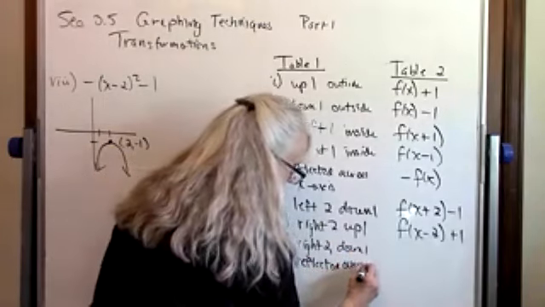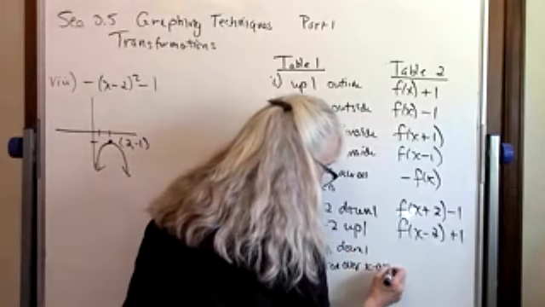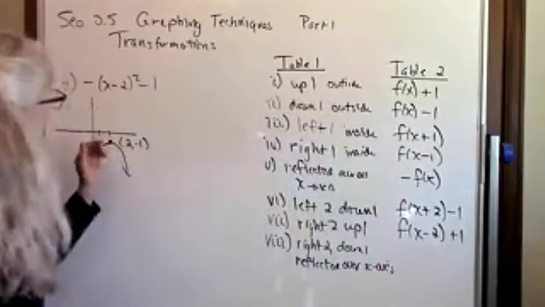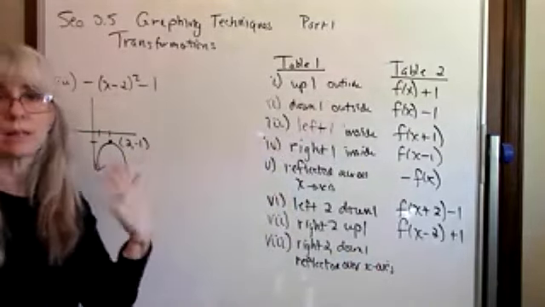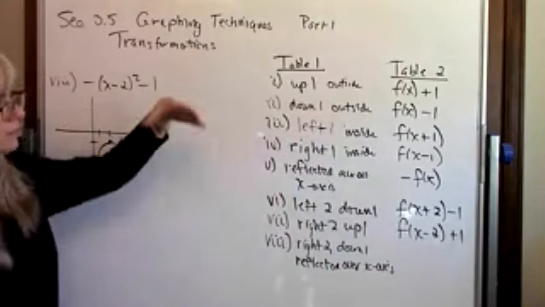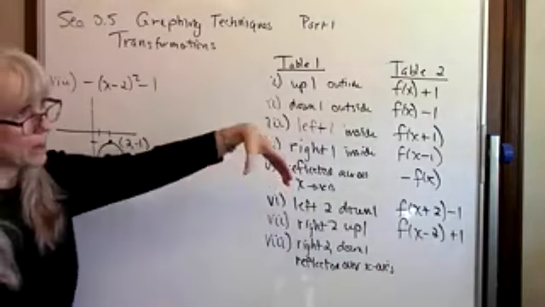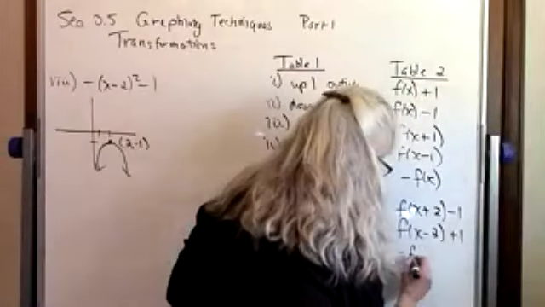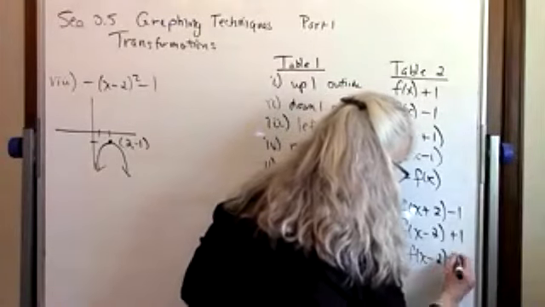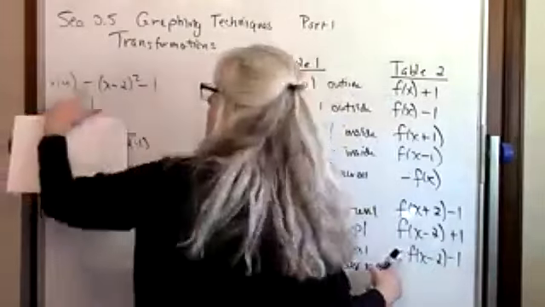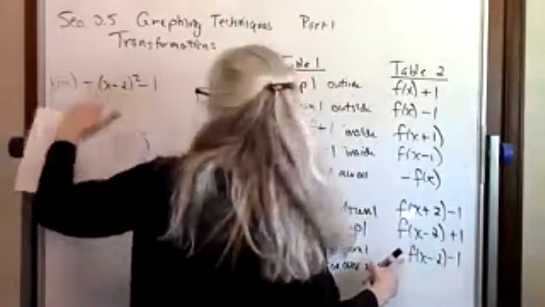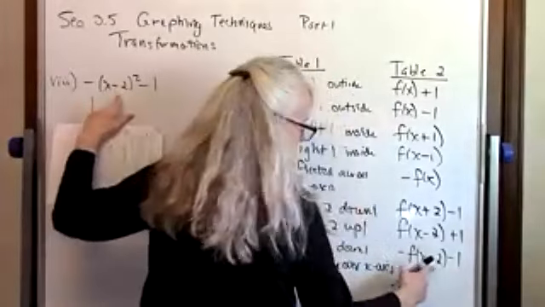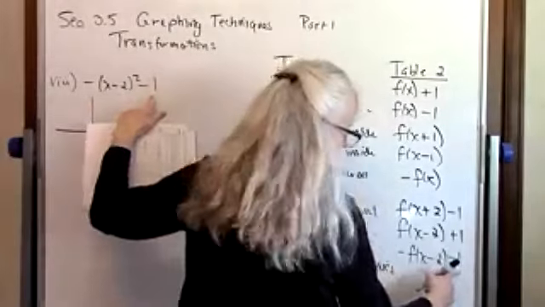over the x-axis. In terms of order, the reflection is actually what's going on first, because if you think about that, don't you always do the multiplication before you do any addition and subtraction? So you're actually going to flip it down, then you're going to go to the right, and then you're going to go down. In terms of the function notation, that would be a negative f of x minus 2 minus 1. So the negative that was outside up here stays outside on the function notation. The minus 2 was inside the squaring, it stays inside the squaring of the function notation. And the minus 1 was outside, so it goes after